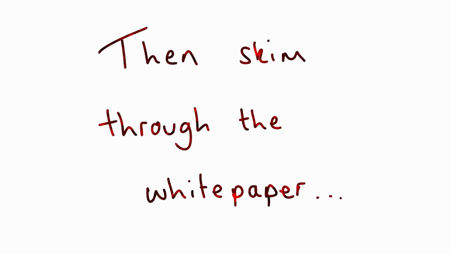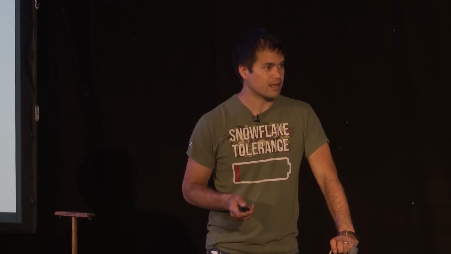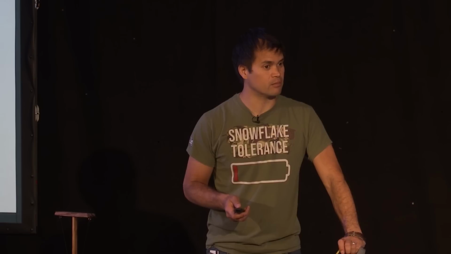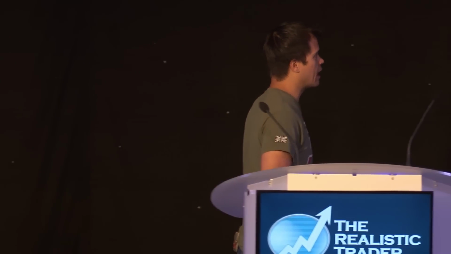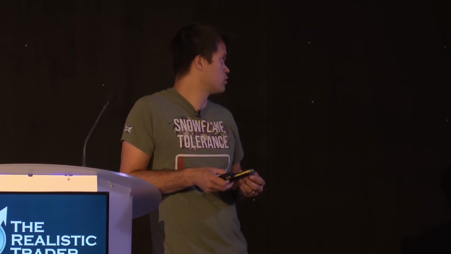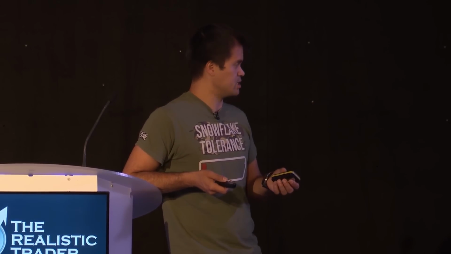Then skim through the white paper. Sometimes they try and bamboozle you with maths and equations. That's actually a red flag in my opinion, because they're trying to obfuscate stuff and trying to mislead you with stuff that you're not even going to bother checking. And a good white paper is normally about 8 pages long, I've found. You can get shorter ones, but on this particular one I saw, it was like half a page. I was like, okay, this is like a 5-minute job. Copy and paste and just change the name.